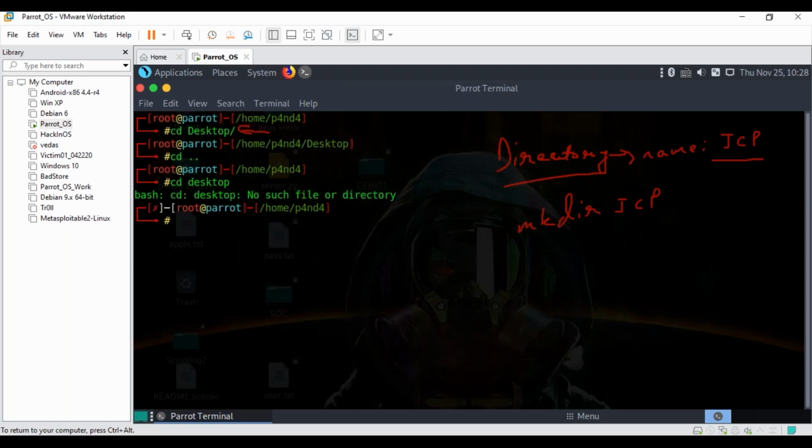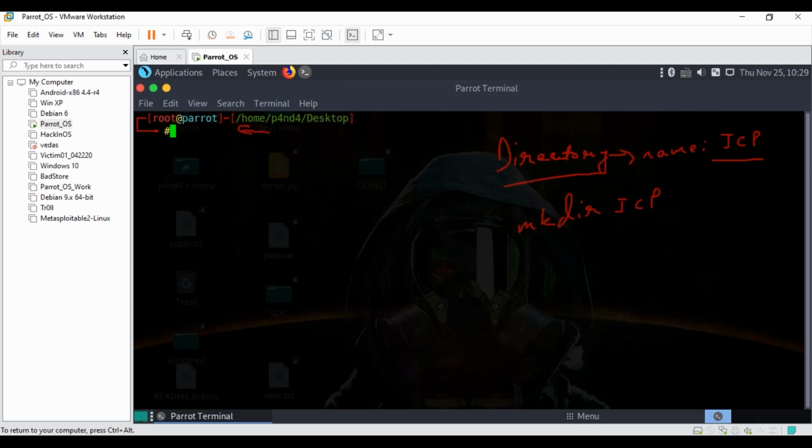No such file or directory, isn't it? So as I mentioned, Linux is very case sensitive. You have to make sure whatever you're typing is correct as per spelling and letters. So similarly, I will write it with a capital D. It takes me to the desktop.